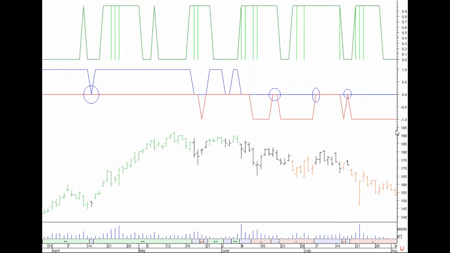But where do we actually use it? Where do we buy those calls and puts that I just spoke to you about? Wherever the indicator drops from a value of +1 to 0, we want to buy call options, okay? And usually when you buy calls, notice it would always give it to you on a pullback. So the market's probably dropped a good 4 or 5 bars. And calls are going to be cheap. If the market's fallen for 4 or 5 bars, people are more likely buying puts. Calls tend to get cheaper as the market goes down. So when it comes to 0, you want to buy the calls.